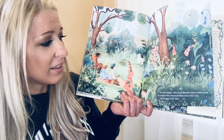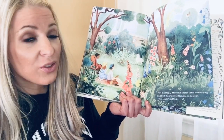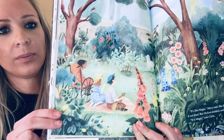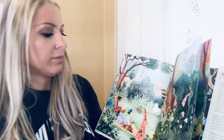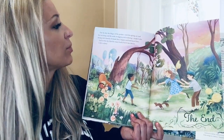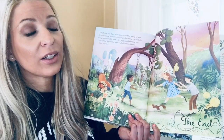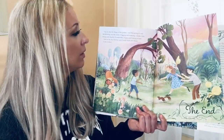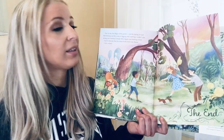"Magic," Mary said. She felt a little foolish saying it out loud. But Dickon nodded, and so did Colin. "It is magic," said Colin. Day by day, the magic of the garden and the spring air and the bird song and the work of digging and watering made Colin strong and cheerful. It made Mary happy just looking at him. And on the day that the roses finally burst into bloom, Colin walked